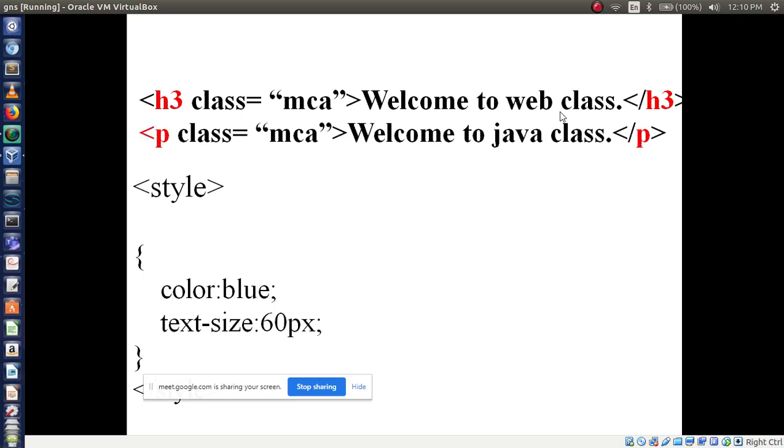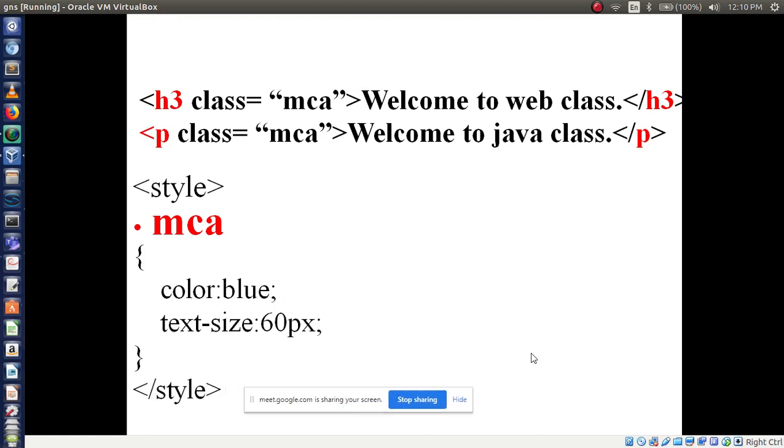Now identify this. I think it is a little bit difficult to identify this kind of selector. Now identify which kind of selector it is. Yes, very good. It is a generic class selector because we are using different tags but the class name is the same. So in this situation we can call it a generic selector.